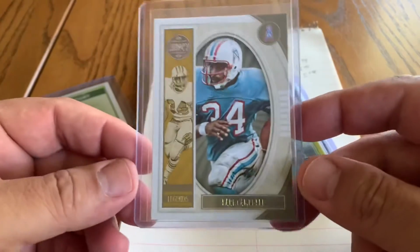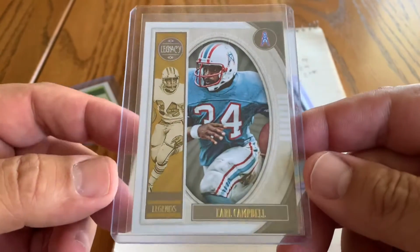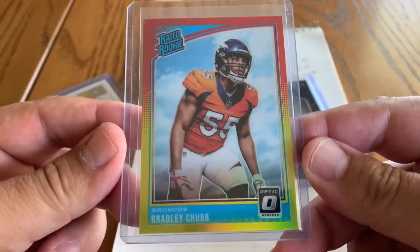So Goodwin's Champions right there have a 2019 Legacy Earl Campbell Legends, not numbered, just a simple base card, simple $1.10 sale, mailing out. We have a 2018